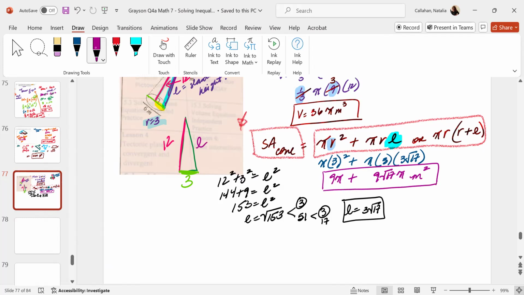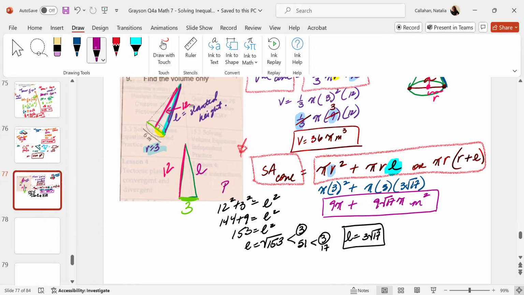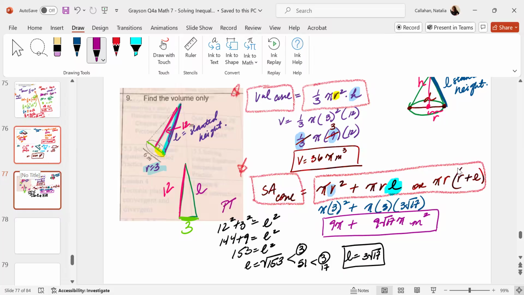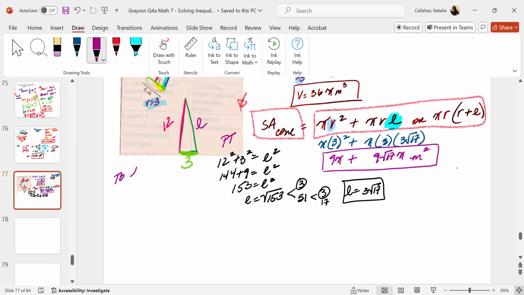And that's how you find it. But you have to use the Pythagorean theorem to find the slanted height. Do you see that? Okay. I want you to write: to find slanted height, L, use